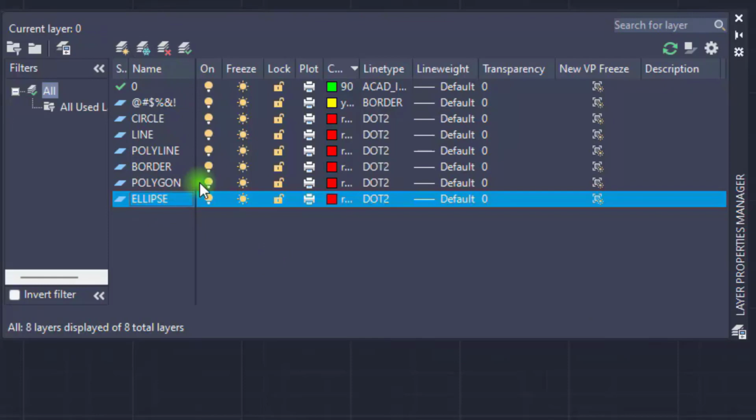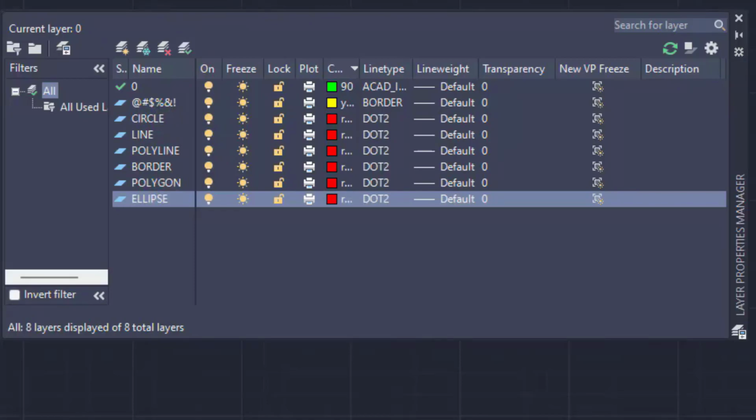So now, before creating layers, think about how many layers you need. That many layers you need to create here. And after creating layers, you need to draw the objects and save those objects into these layers. So it is the concept of layers. Now we have created this number of layers, and now we need to draw the objects and store those objects into these layers.